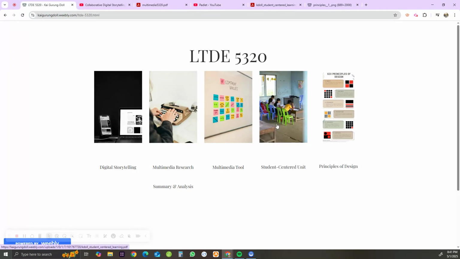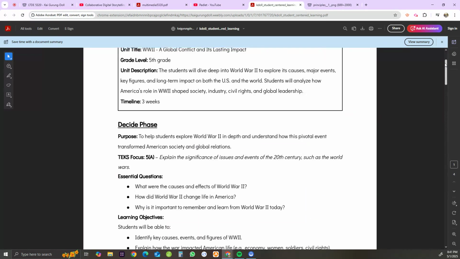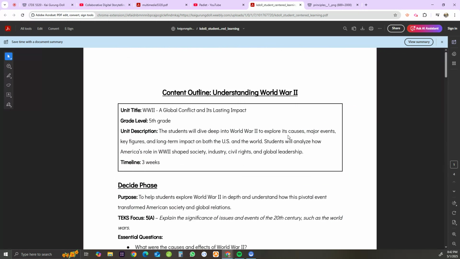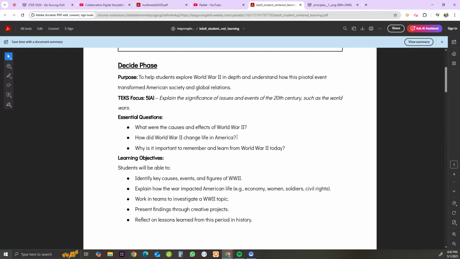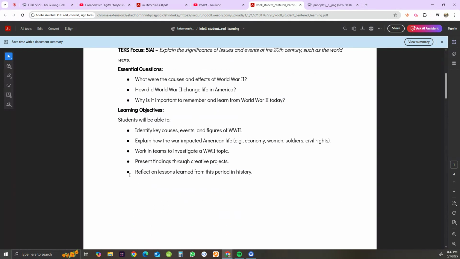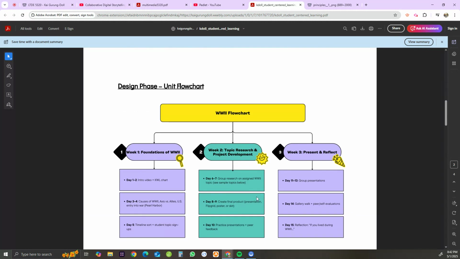The fourth thing I did was a student-centered unit, which was a lesson plan, just having the students kind of lead themselves. And I thought the best topic to do was World War II, because a lot of my students are fascinated by it. I started with TEACS, for the 5th grade. I started with the essential question and learning objectives, what we want to learn from World War II. I made a cute